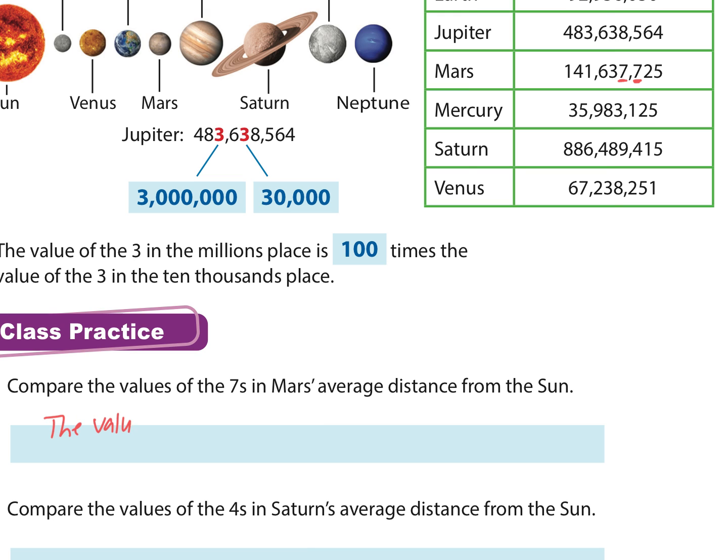The value of the 7 in the, what is the first 7 in the place of? The first 7 is in what place, Claire? The thousands place. So the value of the 7 in the thousands place is how many times great? How many times? 10. Yep. Is 10 times as great